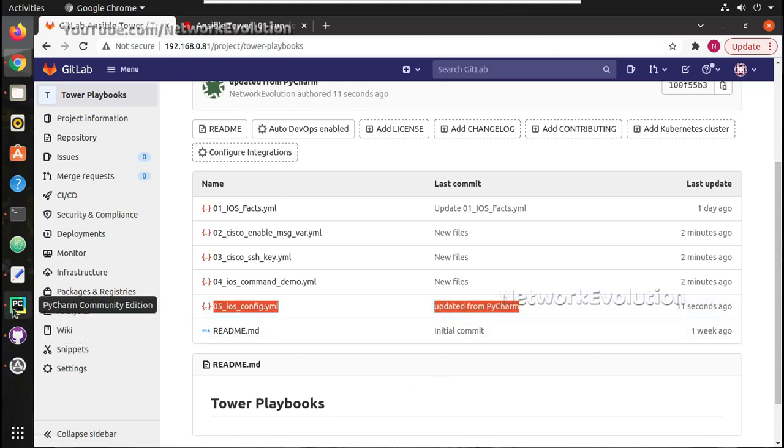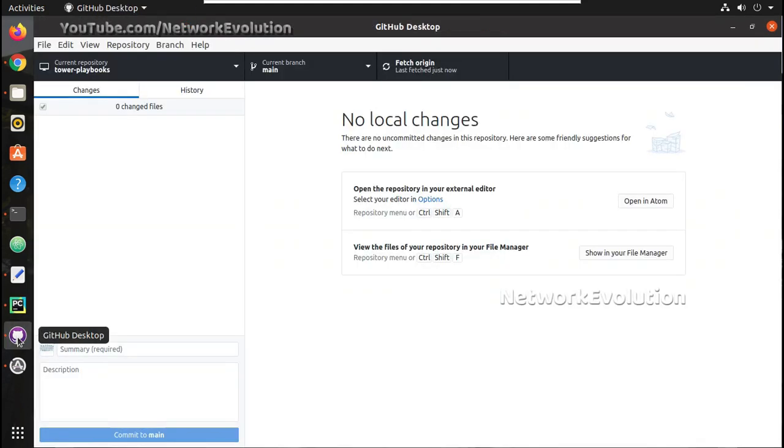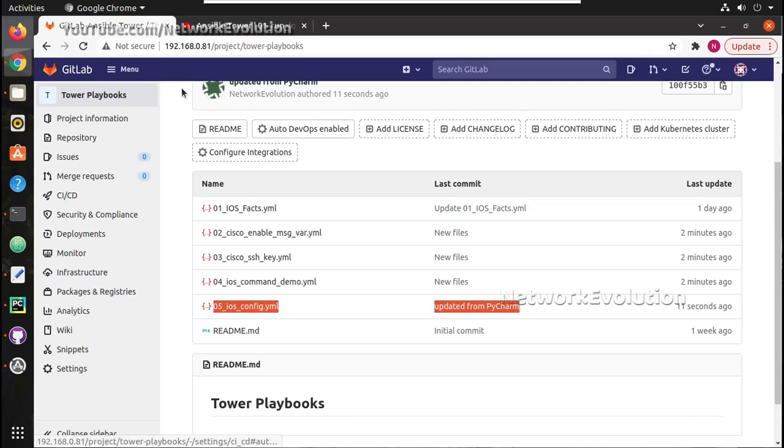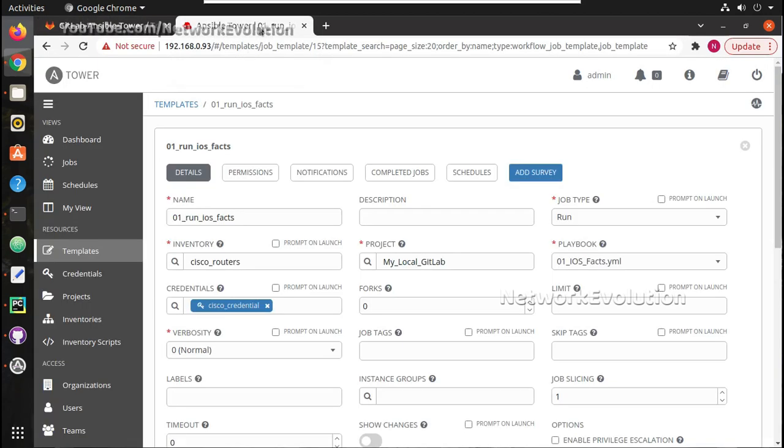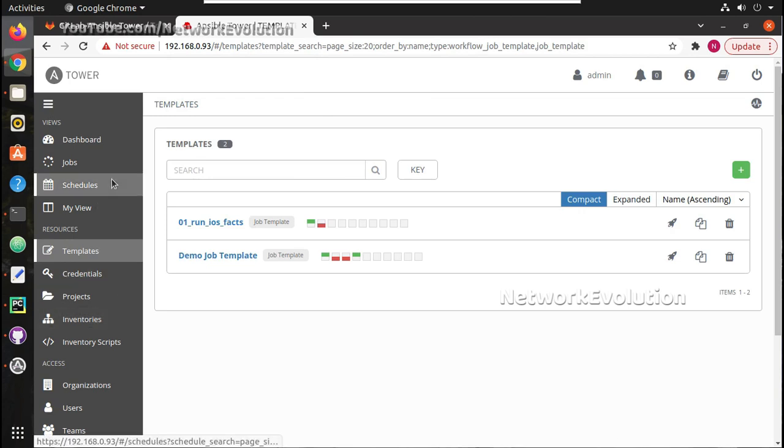When I do an update using PyCharm, my GitHub desktop is detecting that, and once I do the push, it is pushing to my local repository here, the playbooks. Now we will try running these playbooks from Ansible